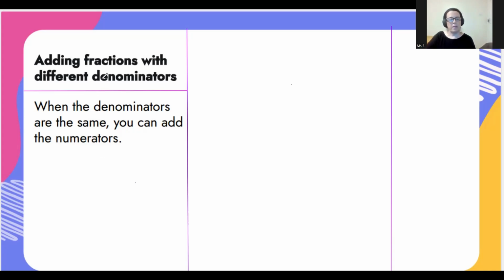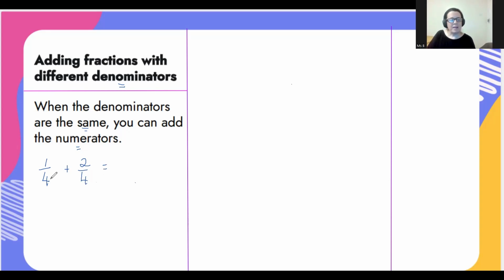Adding fractions with different denominators. So when the denominators are the same, you can add the numerators. For example, if I have the fraction 1/4 plus 2/4,